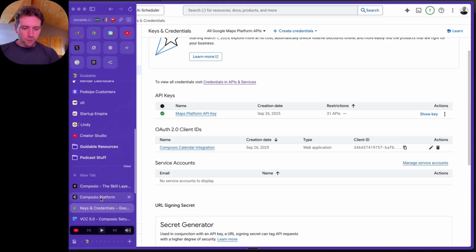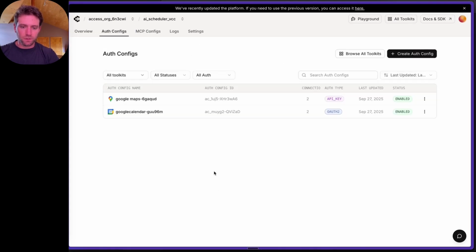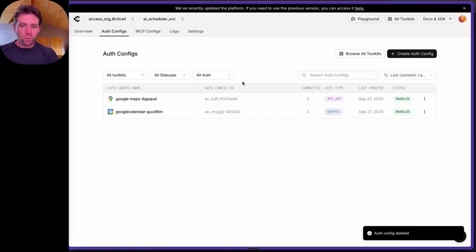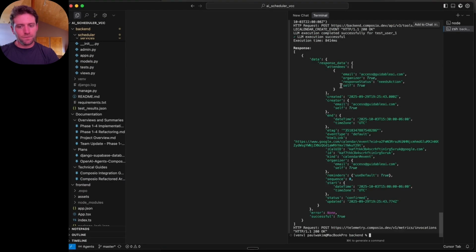So let me go back over to Composio and show you what this looks like when it's all set up. So I actually don't need this one that was just set up by accident. Okay, so with these two authorization configurations set up, I went into Claude Code, and admittedly, this process took me about, I don't know, maybe